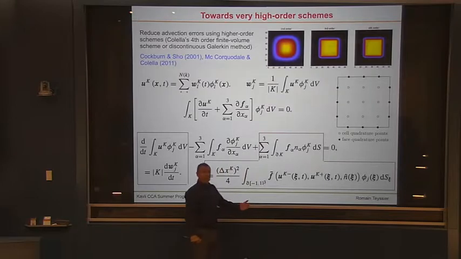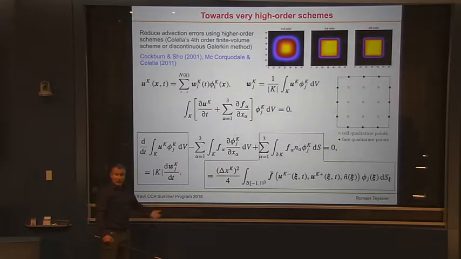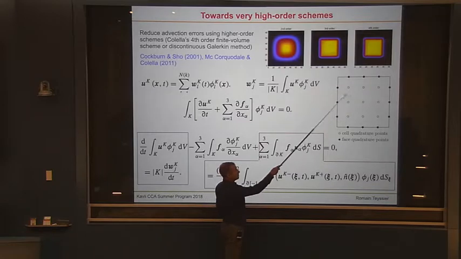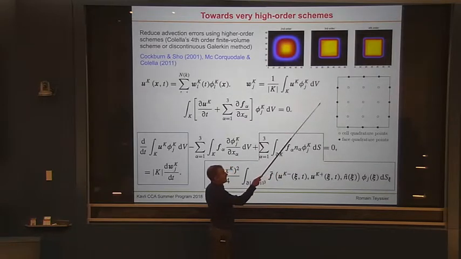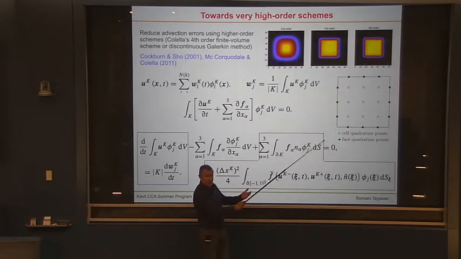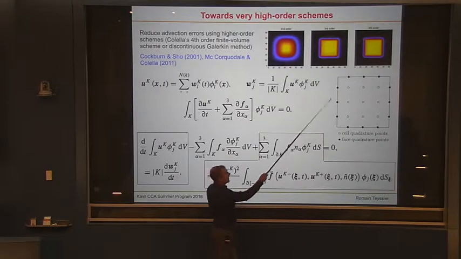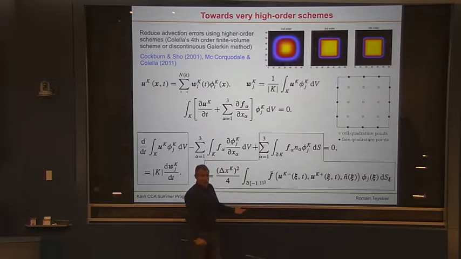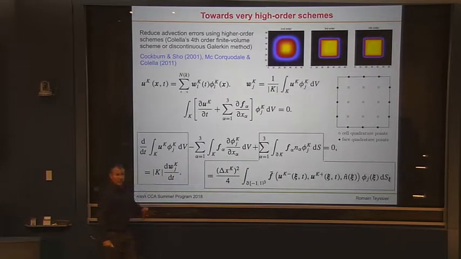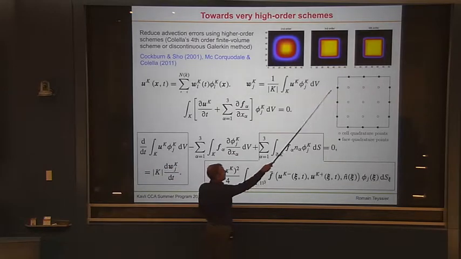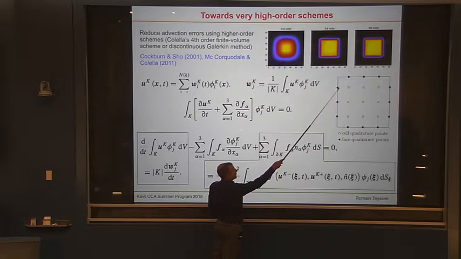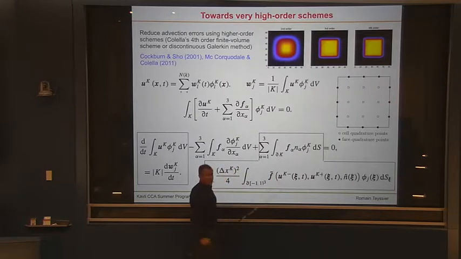And here you have a problem, a priori, right? Because how do you compute the flux when you have one element on the right with a basis function describing the solution, and another element on the left with another basis function describing the other solution? How do you find the unique flux in between the two? Well, we know the answer. We did it yesterday. You just solve the Riemann problem. Right? And so basically the idea is that you have the flux defined on this face as the solution of the Riemann problem between those two elements.